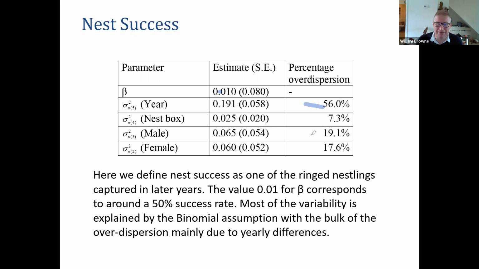Okay, but there are some genetics here. So some male birds and some female birds are obviously having more success than others in doing that. And there's a little bit of effect for nest box. Only about 7% here of the overdispersion is due to nest boxes. Okay,